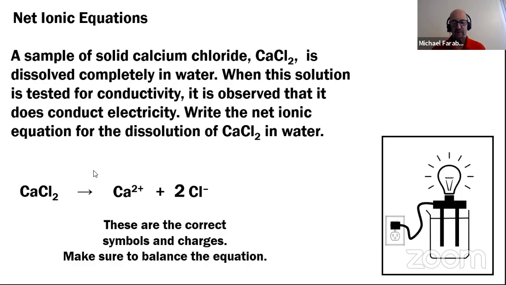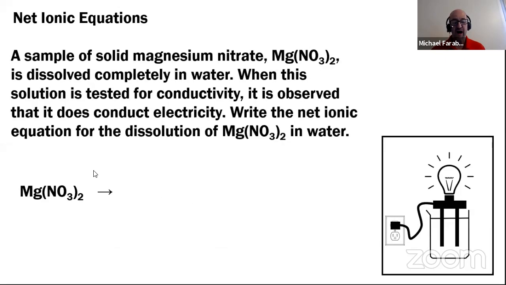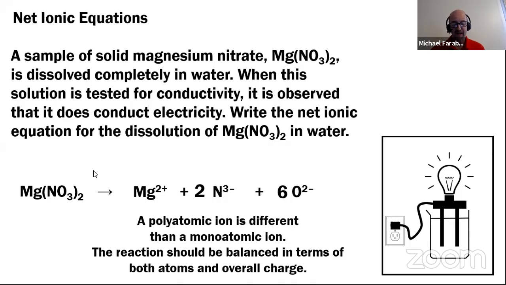Here's another example of the dissolution of an ionic solid. This is magnesium nitrate. Now, students might be confused because they might not know the difference between monoatomic and polyatomic ions. So some students might break up the magnesium, the nitrogen, and the oxygen into 3 separate ions. But since a polyatomic ion, in this case nitrate, NO3 -1, is different than a monoatomic ion, the reaction should